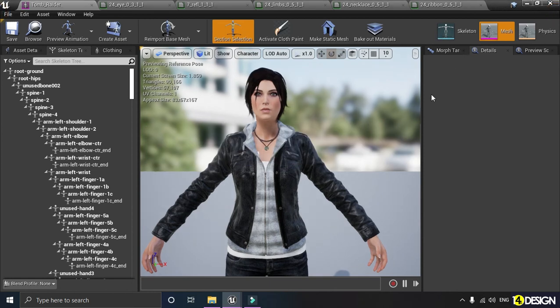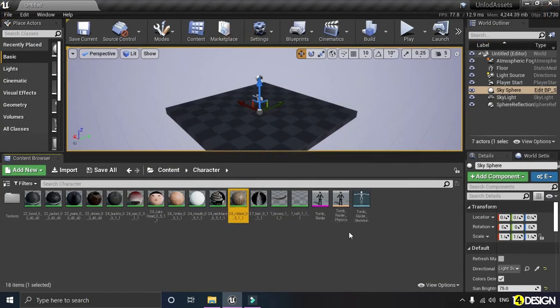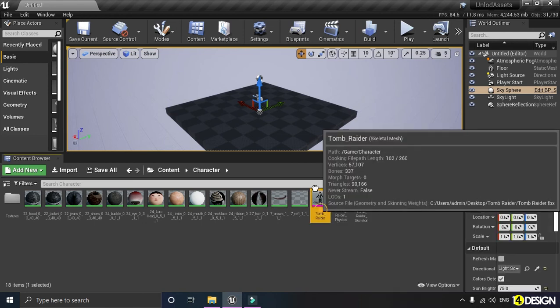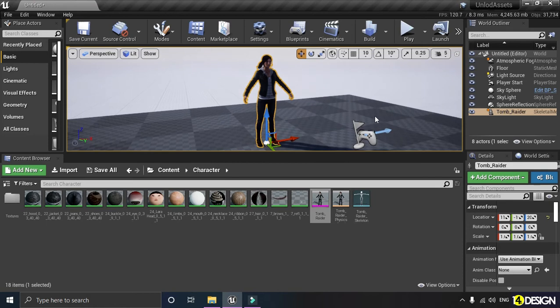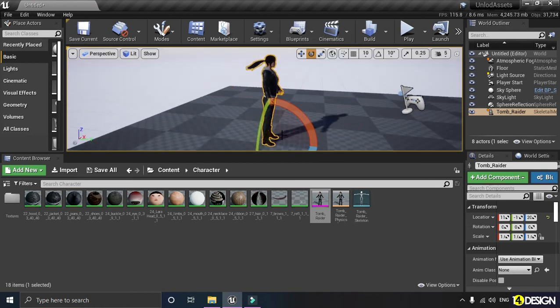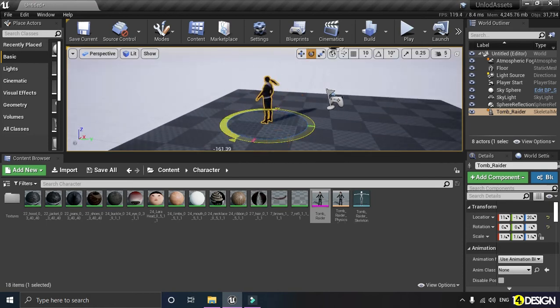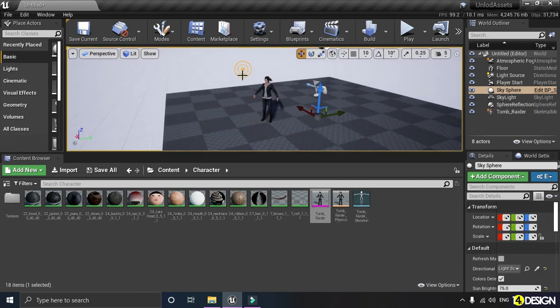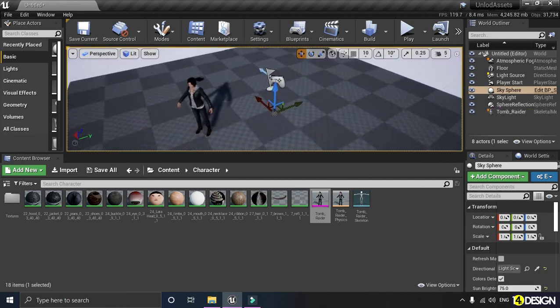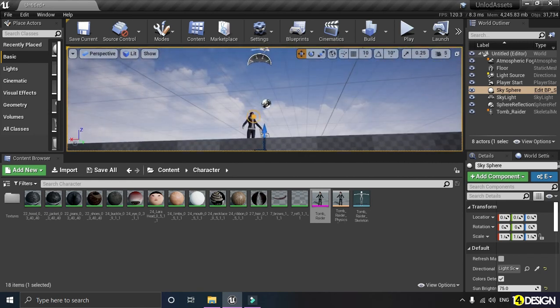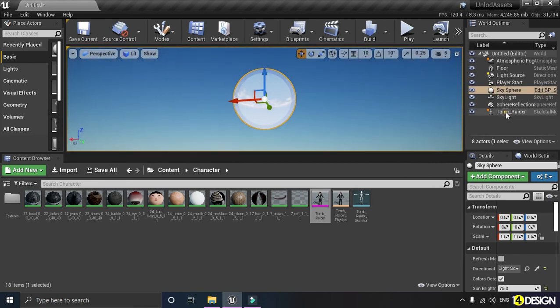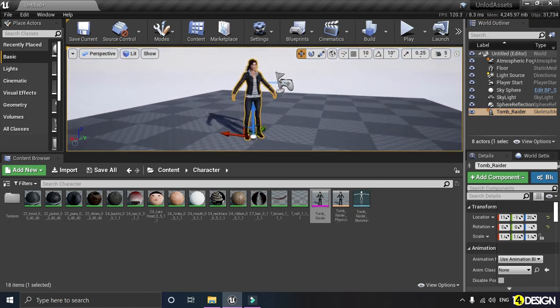We're gonna try to import it in the scene and see how she looks. It's not rigged yet, so we can't see this in movement, but no problem. Character is looking nice.